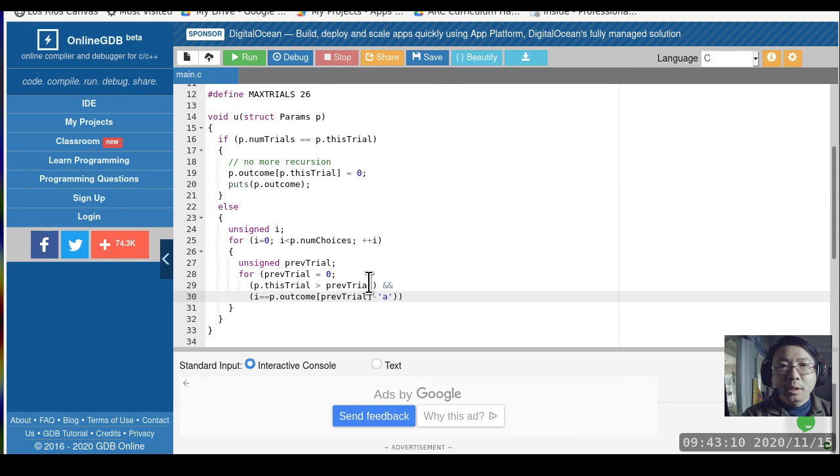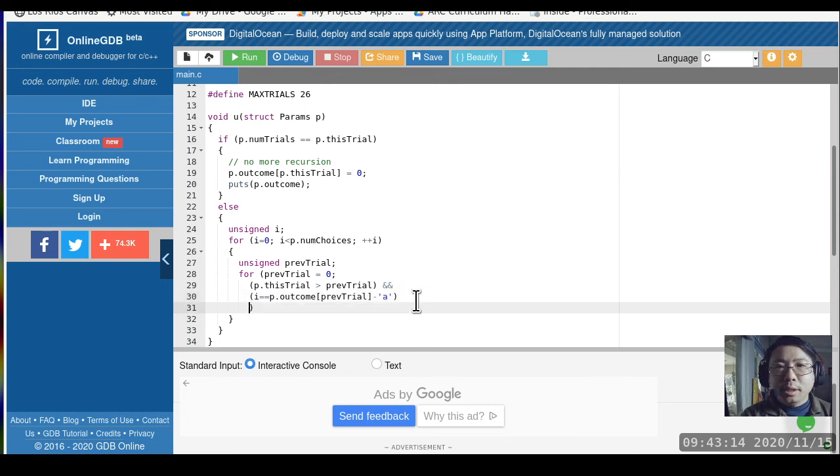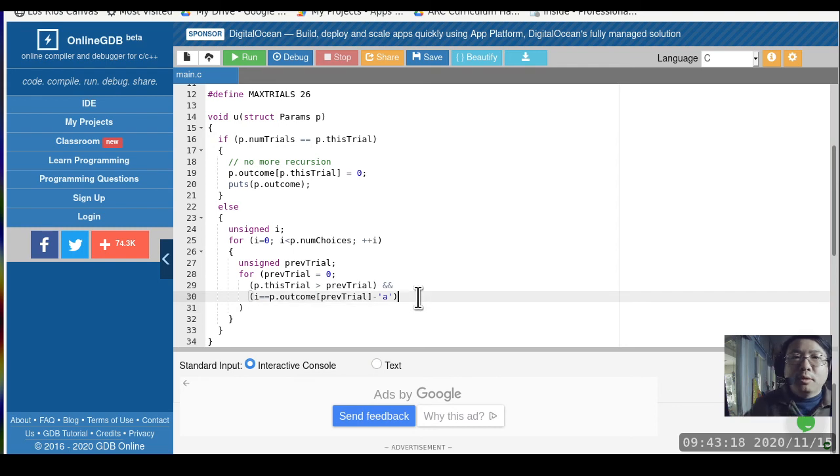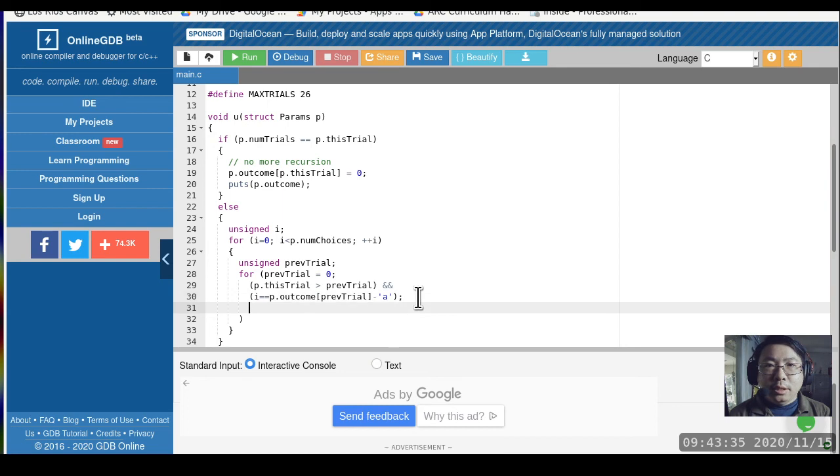All right, there we go. And then the close paren goes on to yet another line, and I'm going to close the indentation over here. So if both of these conditions match, which means we are indeed looking at a previous trial, and whatever we chose for that trial does not match what I'm about to use, then we can go ahead and move on